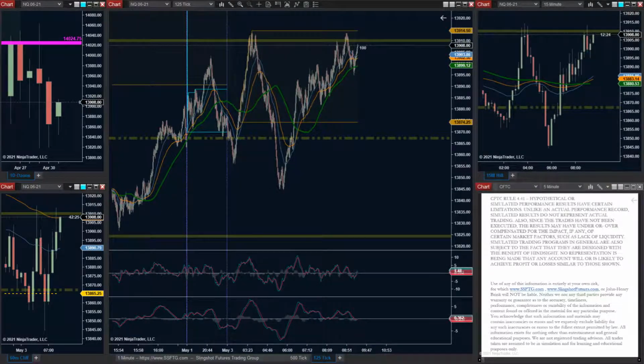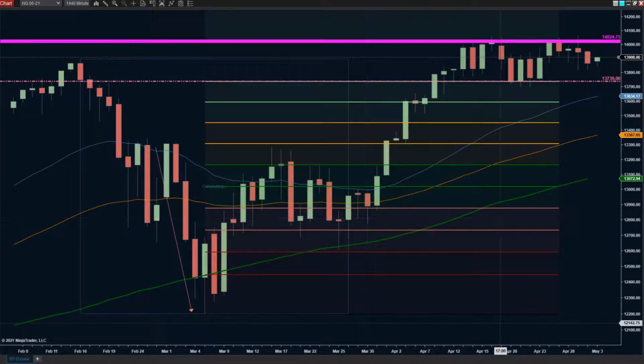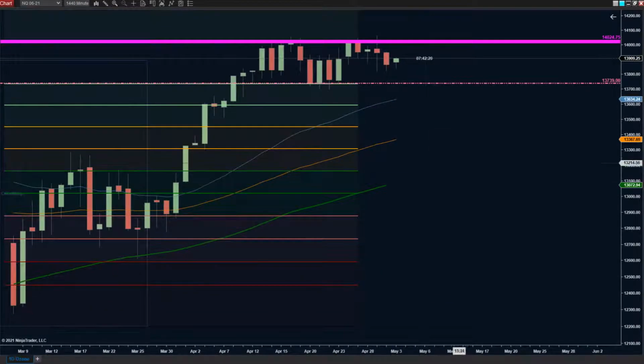As we look at the daily, starting things off in the O zone and kind of seeing what they are doing up here, we're pulling back, right? I mean, we saw that massive failure at the previous all-time high retest. It did make a new all-time high, to be fair. But like we were talking about, as soon as that candle formed, the lows and highs of that candle are probably going to be support and resistance for quite a while. The next day, couldn't even get through it. It just got stuck inside.